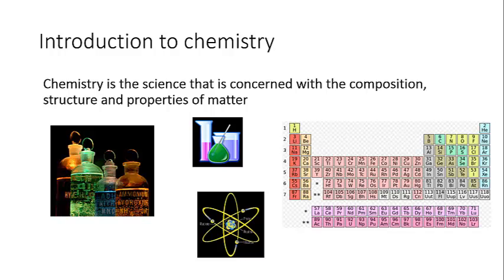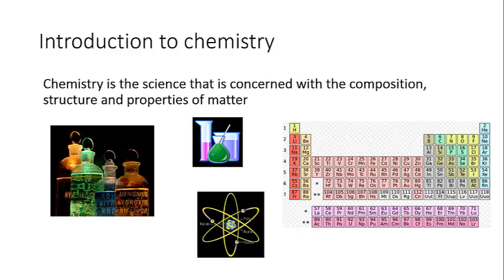Now, since chemistry as a science deals with most of the objects that we encounter on a daily basis, it's difficult to exaggerate the influence that chemistry has on modern science, technology, and all of our ideas about